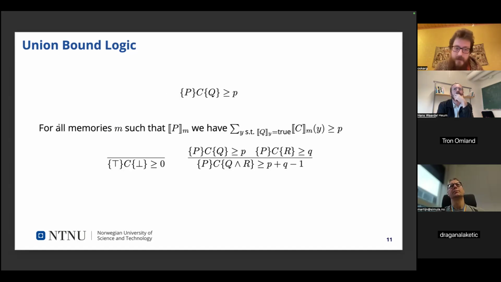What this means is, for all memories or states such that the precondition P holds, the sum of the probabilities of all the states where Q holds is greater than or equal to p. So the probability of Q holding at the end is greater than or equal to p, given that big P holds at the beginning.